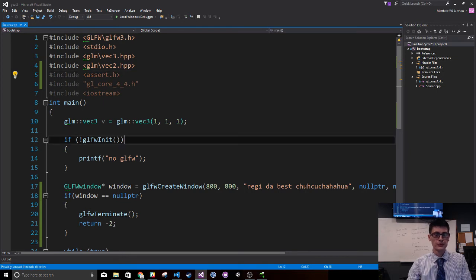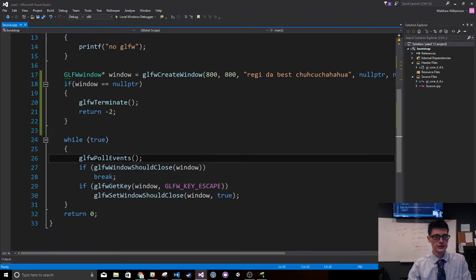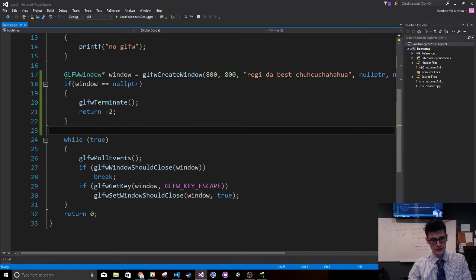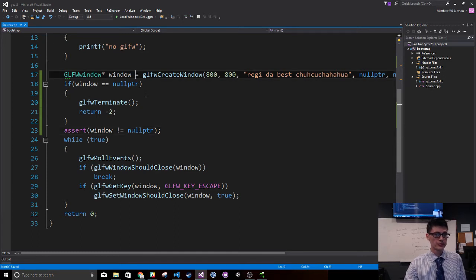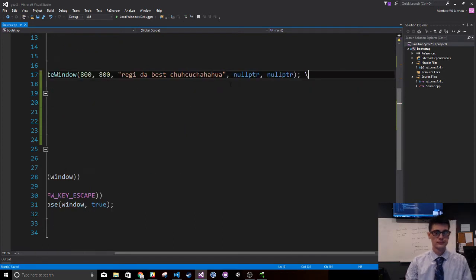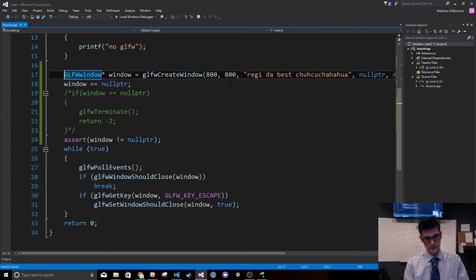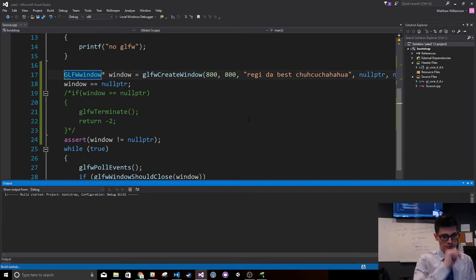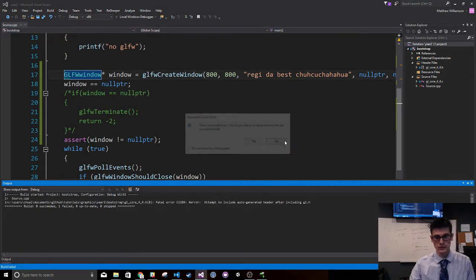Okay, so if you include the assert.h, instead of doing this, you can do something like assert window is not a null pointer. You know for a fact that it's not. So in the event that you run this program and this comes back as null, if I comment this out real quick, I'll just show you. What I'll do is just set it null. When I go to run it,